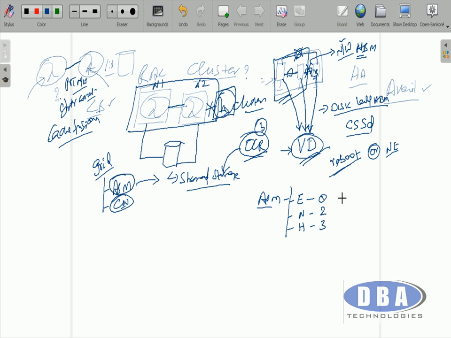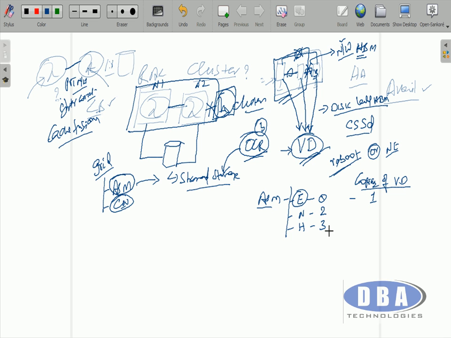External, you can have these number of copies of voting disk while keeping it on an ASM disk group with external redundancy. One copy is fine, because it won't take more than one, because there is no redundancy.